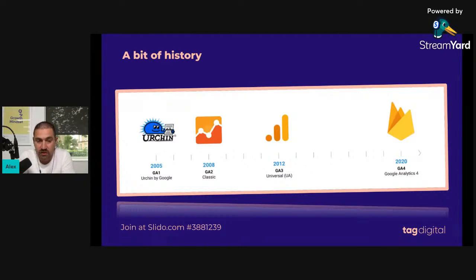In 2017, Google introduced Firebase for Analytics, which was specifically designed for measuring app performance. But this Firebase version was actually the core for building GA4, which was introduced in 2020. So that's the history of Google Analytics till now. You can see a lot has happened in just 15 years.